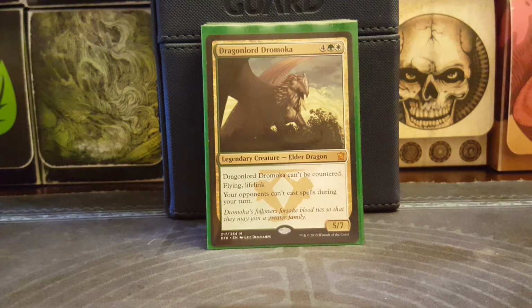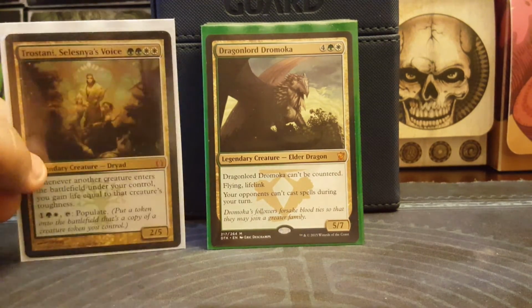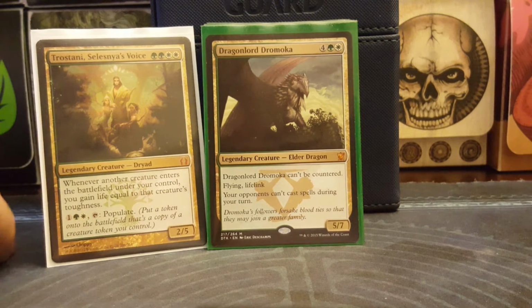I'm told this is a female, so I'll call her a she. 4 and a Selesnya for a 5/7 lifelink flying. Can't be countered, and your opponents can't cast spells on your turn. This is actually a possible alternate commander. In some ways, she's better than Trostani. The reason she's not my commander is because I'm going for the lifelink and not so much for the...